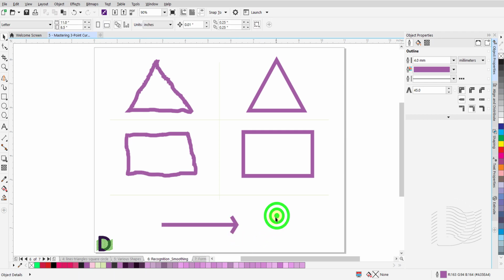Play with different settings and draw different shapes. Get comfortable with the working of the Smart Drawing tool.